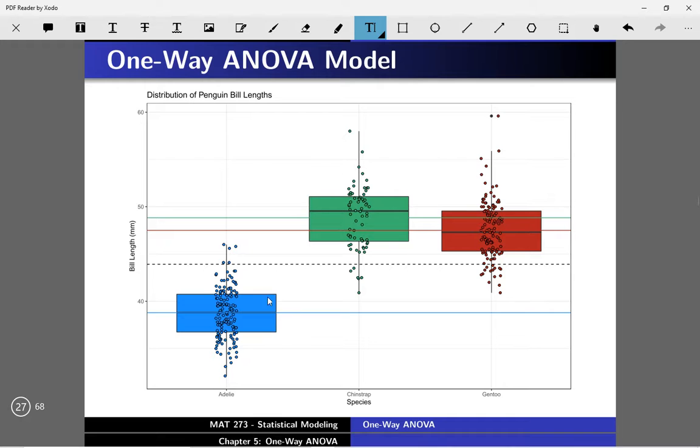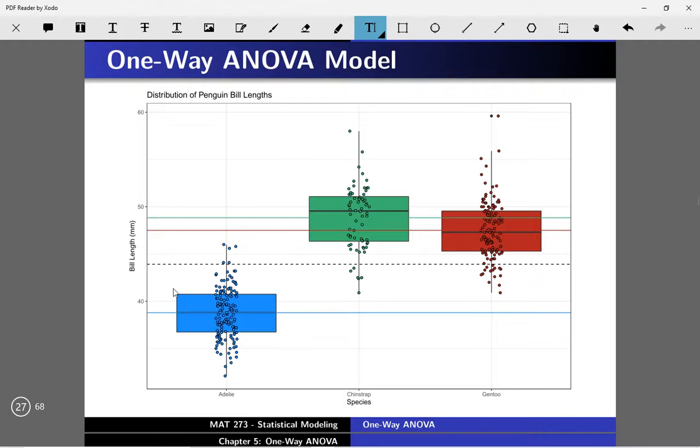If we want to visualize the alpha sub k's, the alpha sub k for the Adelie penguins, that group-specific effect, is going to be this distance between the overall grand mean and the group-specific mean. So here, the alpha sub k for the Adelie penguins is going to be negative,